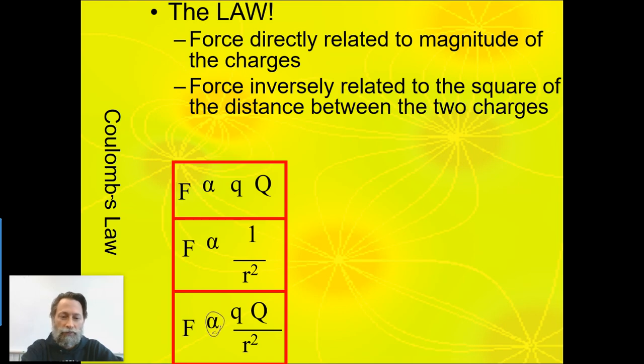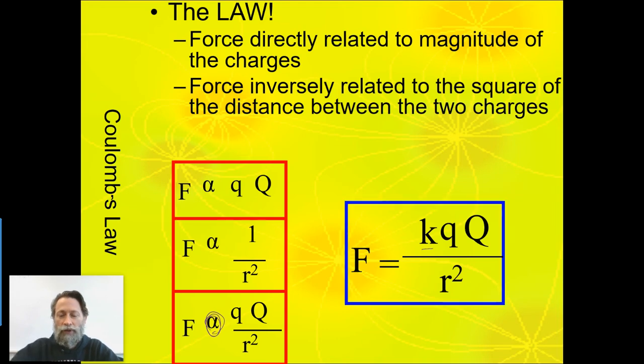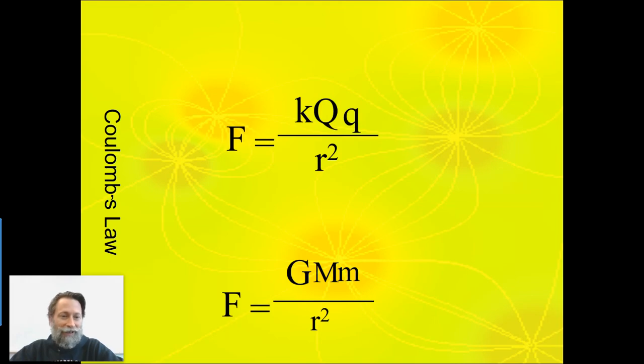If I want to get rid of this proportionality sign and I want to turn this into an equality, what do I have to do? That's right. We have to add a constant. So we add this constant, which is the K value here. And this is what Coulomb's law is, that the force between two charges is that KQQ over r squared value. Now, if you think back, that should look really, really familiar to one of the other equations